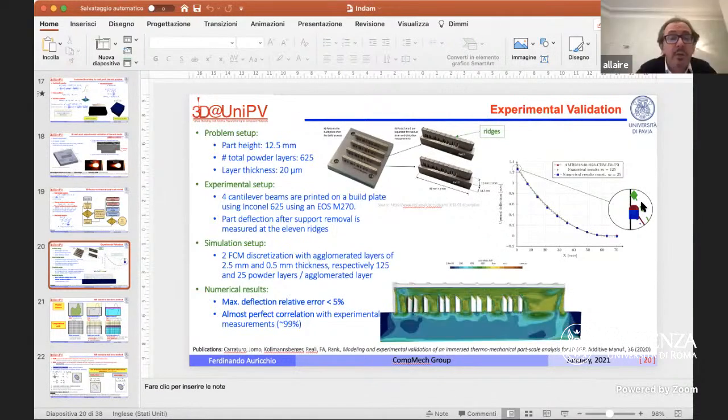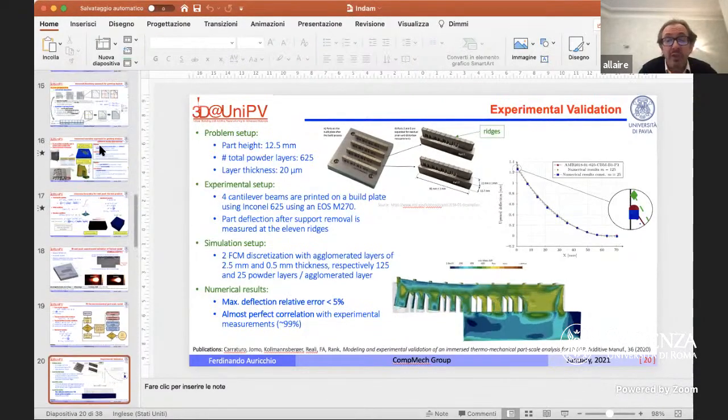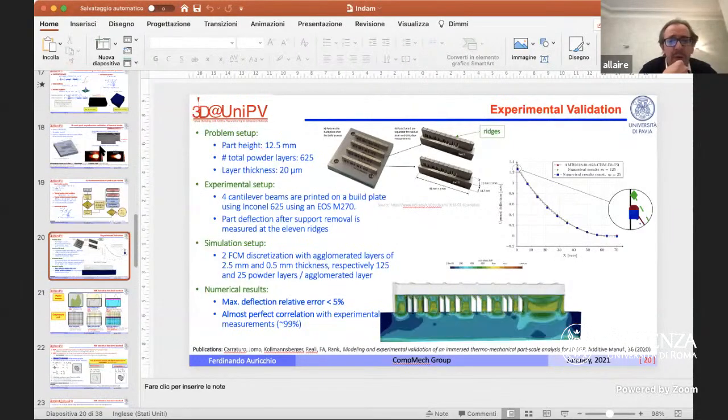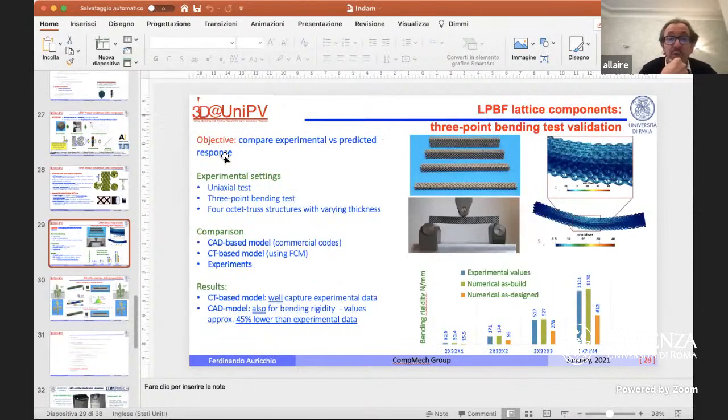Okay, so for example, you showed this honeycomb structure, where you have this deflection after you cut it from the base plate. Are you, for example, calibrating with this experiment? Because to tell you the truth, that's what I do with some of my industrial colleagues. That's the way we calibrate, on some very crude things. You mean these things here? Yeah, for example, this one, but this was about lattice, but the other one, the comb, when you cut it. In this one, well, it really depends on the simulation we are doing.